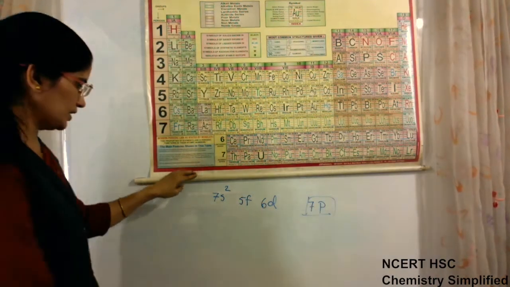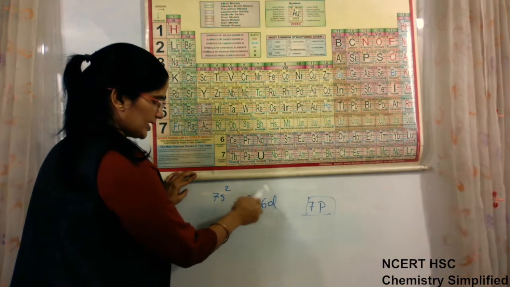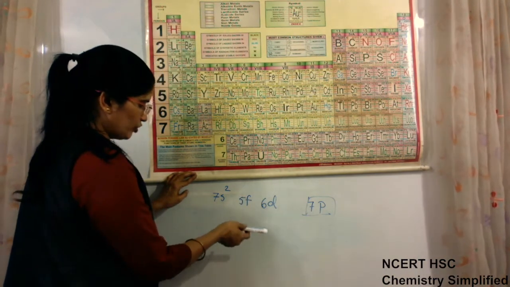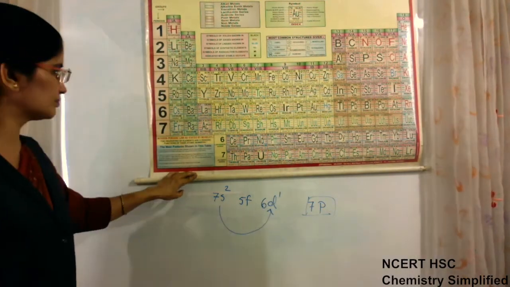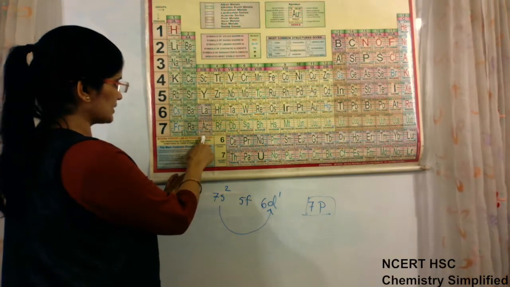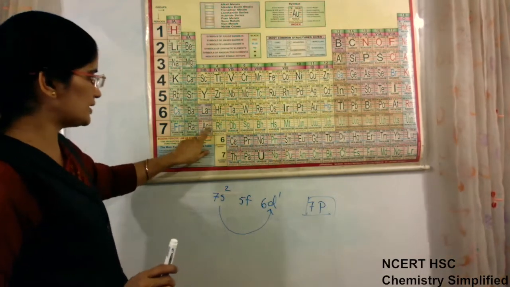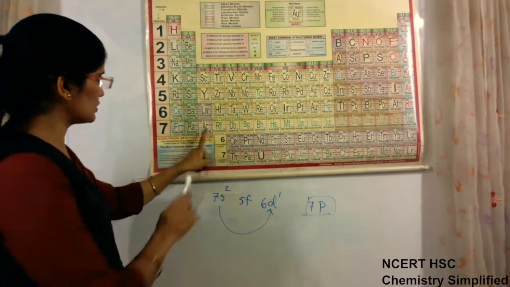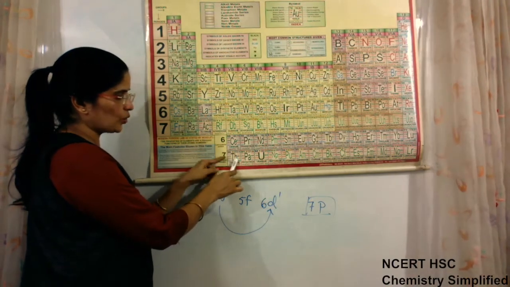Then in this case, what should be there? After 7s, 5f should be occupied and then 6d should be filled. But again, what will happen? First one electron will go in 6d. Okay, then the configuration of actinium is 6d1, 7s2. Then electrons will start filling in thorium, because actinium is 89 and atomic number 90 is thorium, which is present